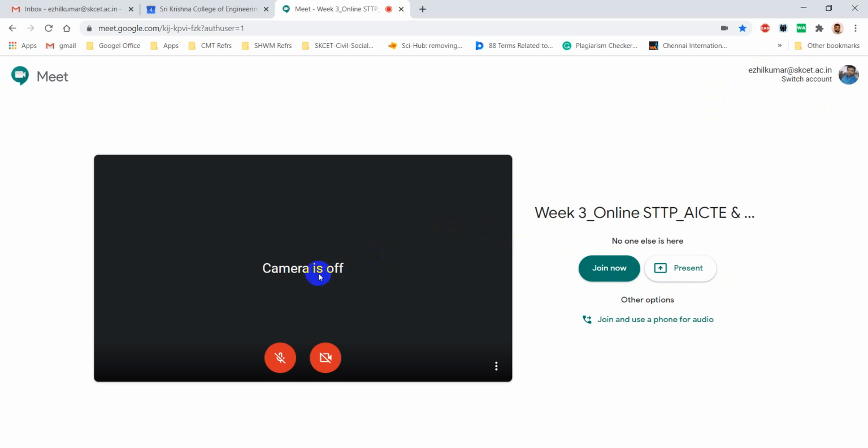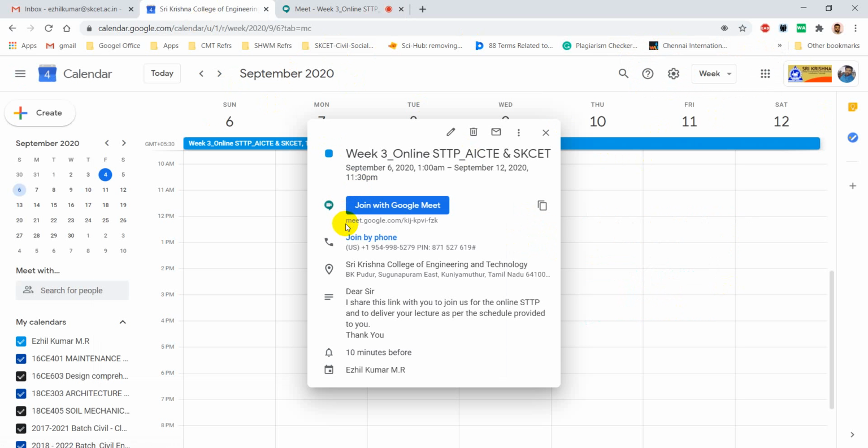So I hope this is quite understandable to you. So please follow these instructions and create your link, and please share the link. For example, this is the link, so please share this link with me when I share a common sheet. Okay, so a sheet will be prepared only to share all the links for the particular sessions, and that will be shared with the participants one day before the session starts.